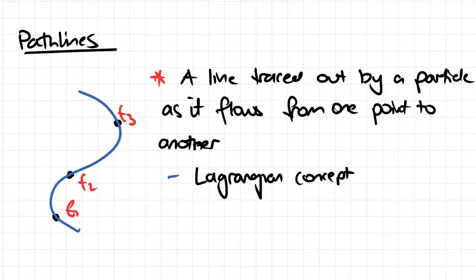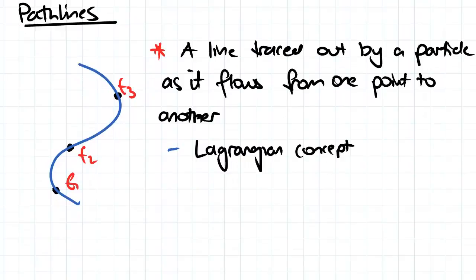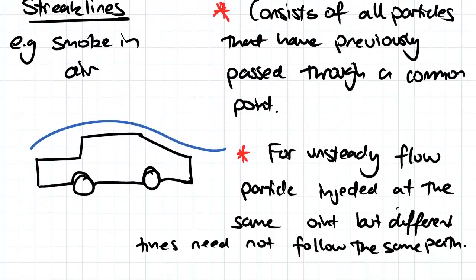The first is path lines, and a path line is essentially a line traced out by a particle as it flows from one point to another. It's a Lagrangian concept because we're looking at an individual particle as it moves, and we're tracing out that movement through space. The second way in which we can describe flow